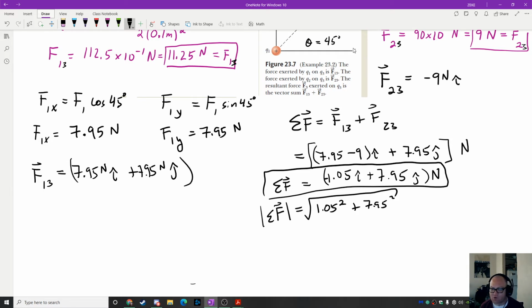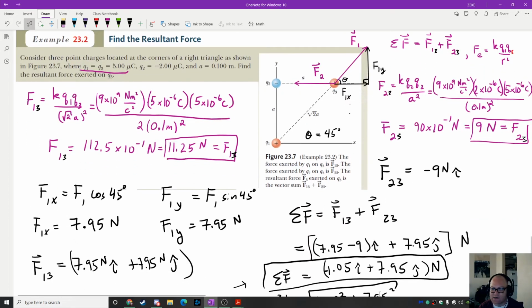Okay, but this is of course a perfectly acceptable answer. If the problem asks you for magnitude, you'd have to do this. And if it asks you for direction, you can obviously find the direction of that. What does that vector look like? It's negative 1.05 i hat plus 7.95 j hat. So if we were to actually draw that on our picture right here,